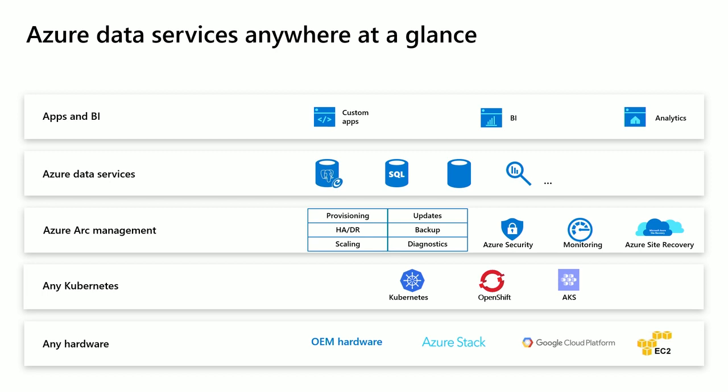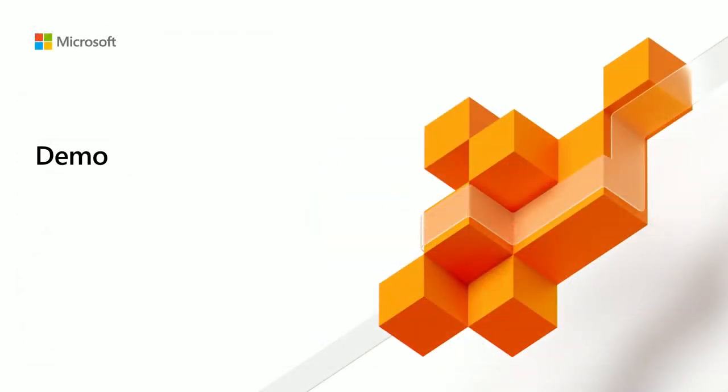And those connect up to Azure through the Azure agent that's built into that control plane to do the integration of these things back and forth between Azure. And these control plane pods also provide the local management services for monitoring, high availability, disaster recovery, backups and restores, and so on, right there inside of your local environment. So let's take a look at a quick demo of how this all works.